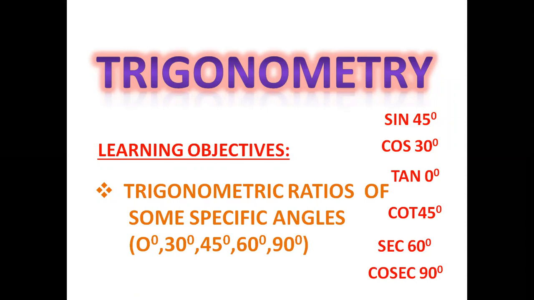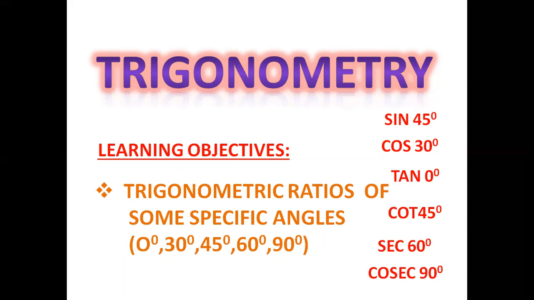Not only these angles, you can also know the values of the trigonometric ratios of any angle. Suppose sine of 1200 degrees, or tan 2000 degrees, or cot minus 2400 degrees. You can know, but in our 10th class, only these specific angles are mentioned. Remaining angles you can learn in higher classes. Now we see the trigonometric ratios of these specific angles.